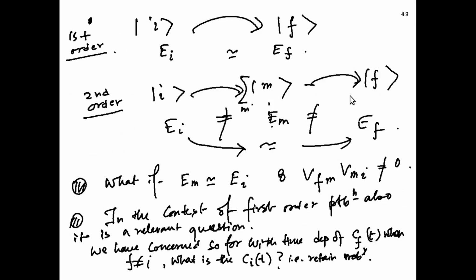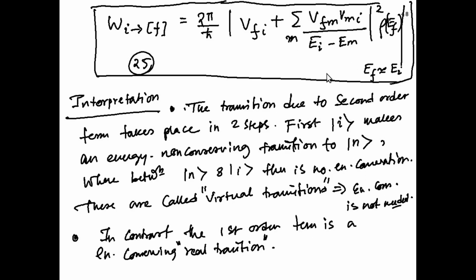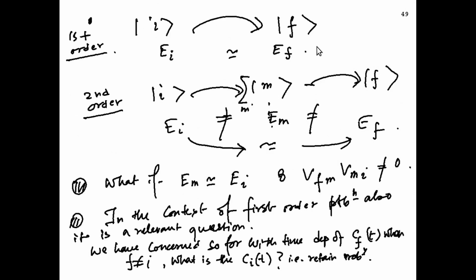In the third part of this lecture, we will see how to deal with this scenario. That's where we will stop this part. The intermediate state can have all possible energies. What if the intermediate state has the energy equal to EI or EF, and the transition amplitude is not 0? In that case, the denominator of this formula goes to 0 and it blows up. How to deal with this kind of singularity? We will learn how to regularize this singularity mathematically, and that will be the subject of the third part of this talk.